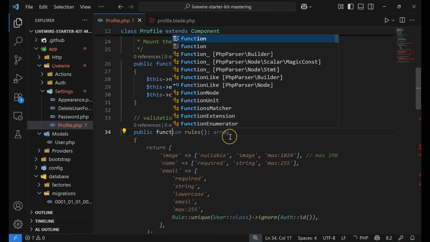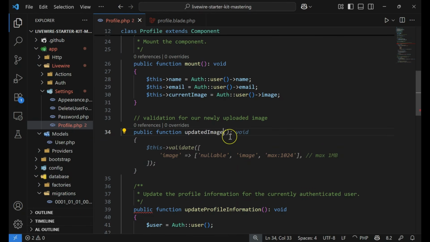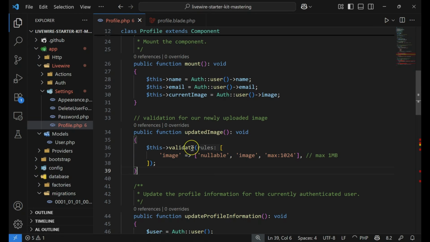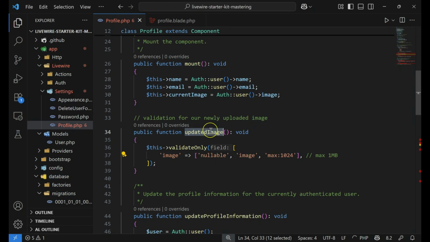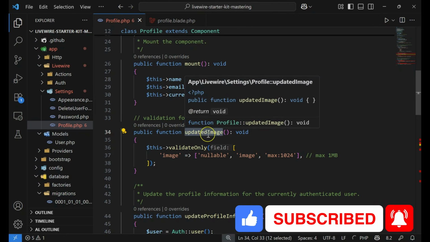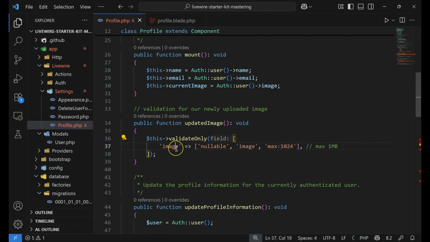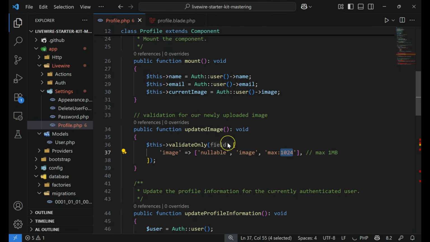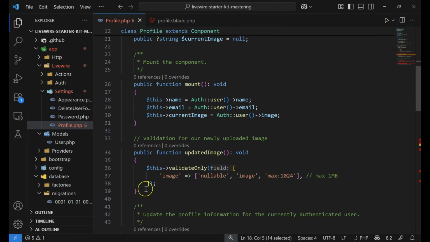It will be public function updatedImage, and in that updatedImage I'm going to use validateOnly, because I want to validate only the image. So when the property image is updated, meaning anything changes, for example the image was uploaded, then I want to validate only that image. I want to make it nullable. It should be an image, and you can also put the maximum size of that image. So when this is updated, you want to validate it